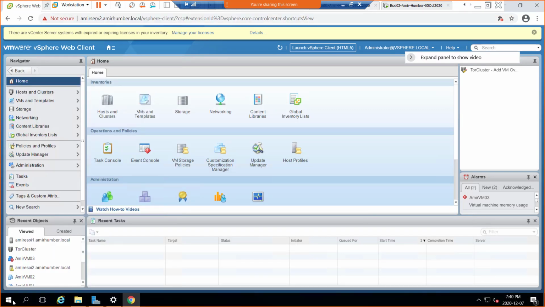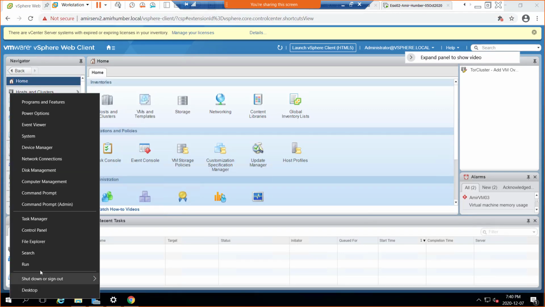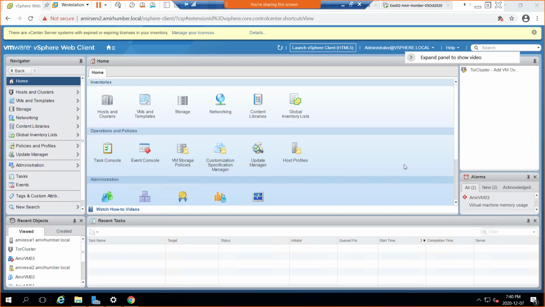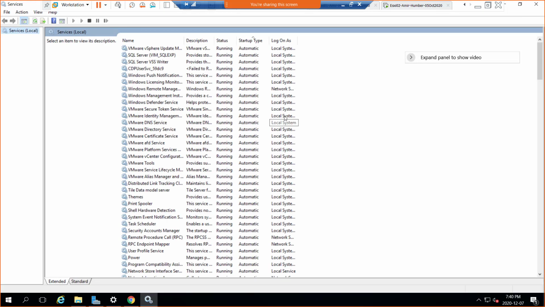Xiang is asking which service. Xiang, if I right-click here and go to Run and type services.msc and press OK, in the services you can see it's already on automatic.